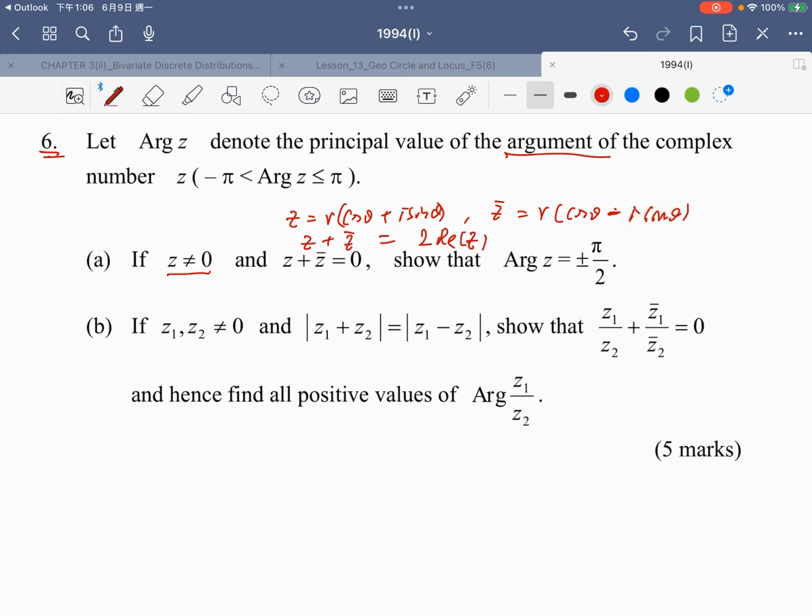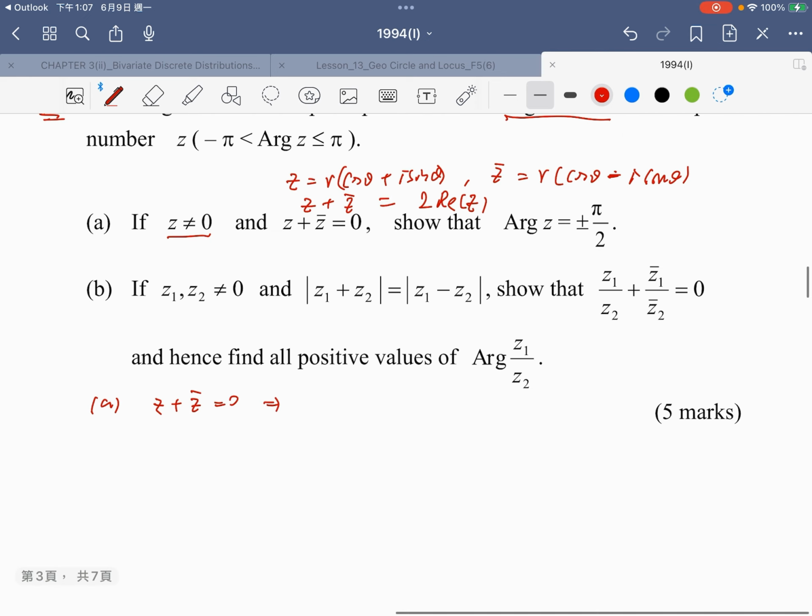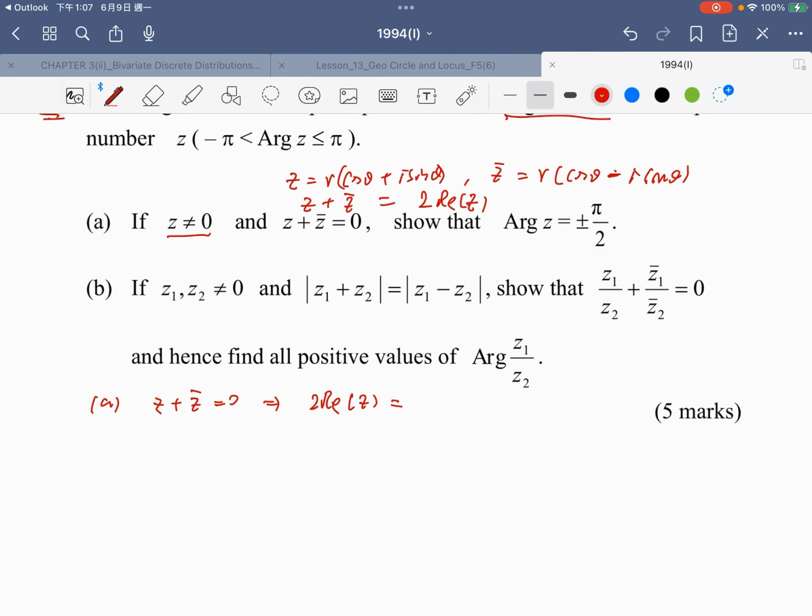Now, for this one, if z plus z conjugate equal to 0, that means that 2 real part of z is equal to 0. If that real part is 0, that means z is purely